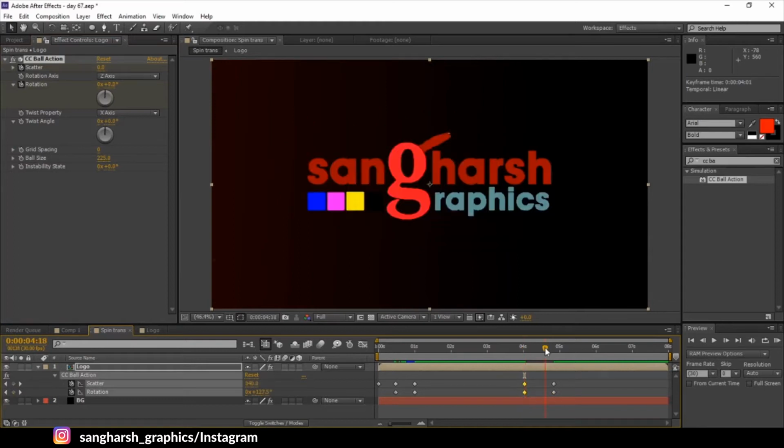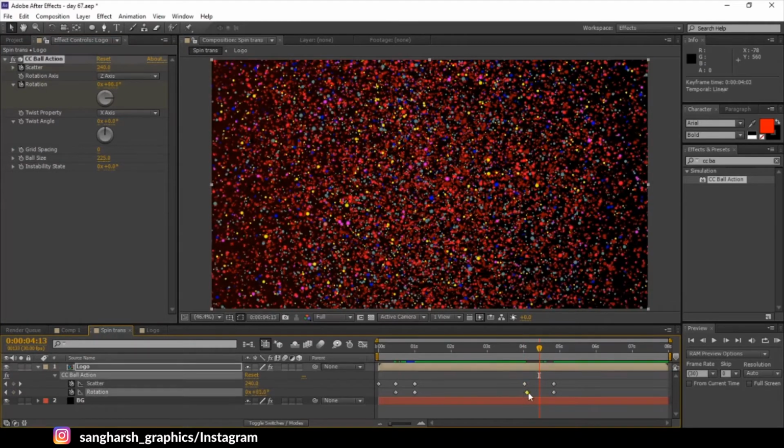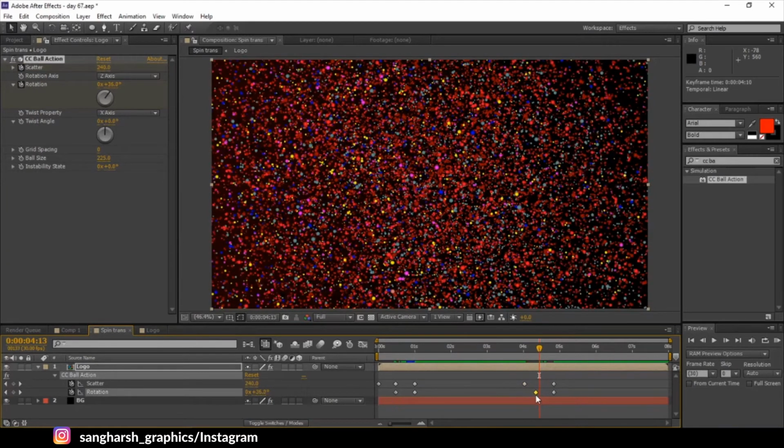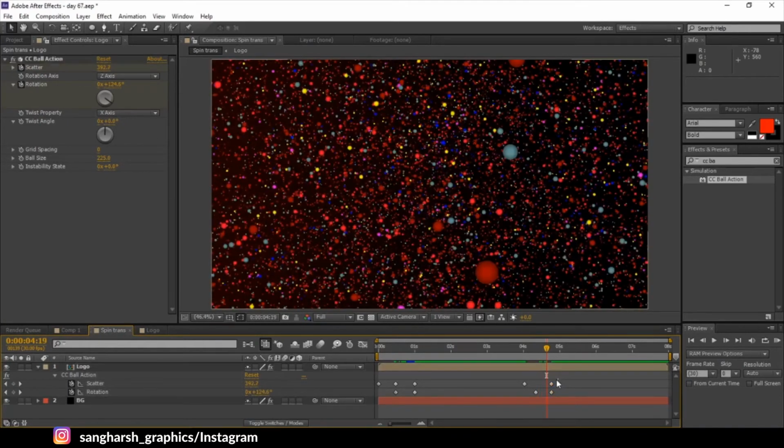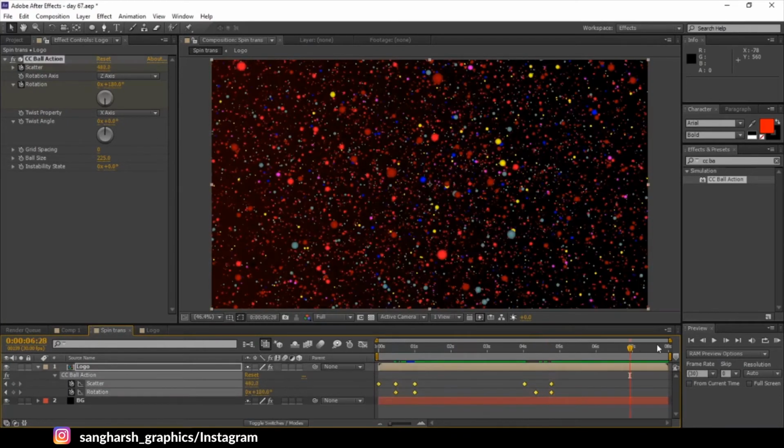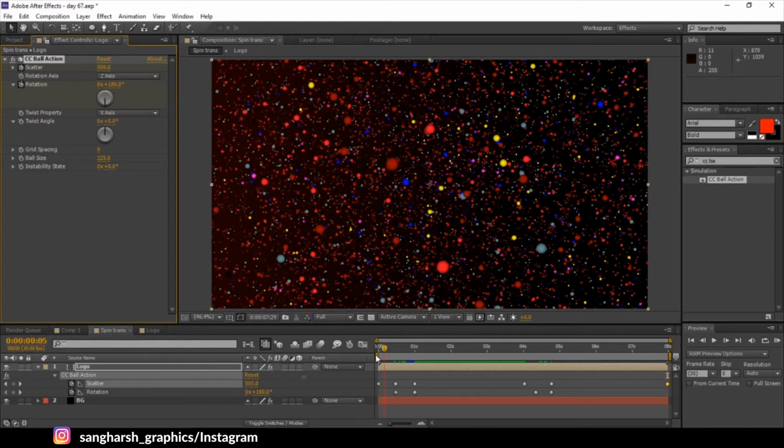Drag the keyframes little bit at 4, and you can drag this rotation keyframe to here like this, and these two keyframes little bit here. Now select all the keyframes. Firstly we'll add a last keyframe here. At end of the animation, make the scatter 500 again, and at here, as you can see, the first keyframe is also 500 and the last keyframe is also 500. Now both of the frames are matching. It will make a loop.